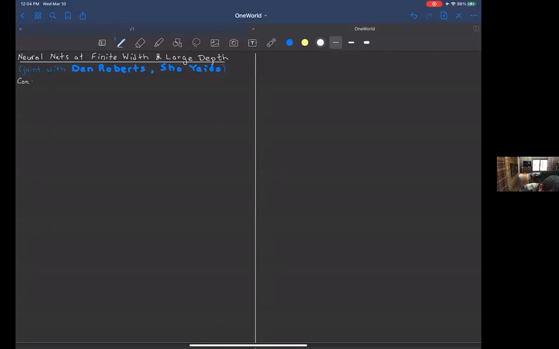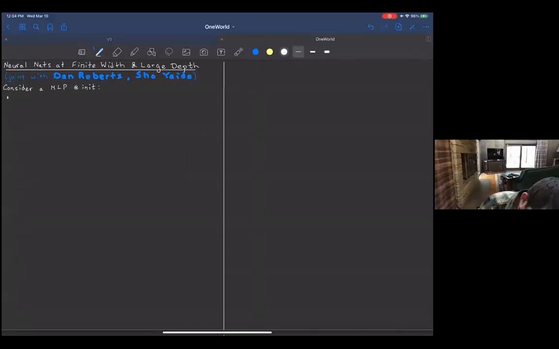For this talk, I'm going to consider basically the simplest kind of neural network, a multi-layer perceptron, at initialization, at the start of training. If you don't know what that is, I'm about to define it. It's not a big deal. I'm going to draw the kinds of pictures people usually draw for neural networks because they are comforting to me. For me, a neural network is a function that starts with an input vector x_alpha, and x_alpha lives in R^{n0}. So n0 is the input dimension. I'm going to have an alternate name for x_alpha. It's also going to be called z^0_alpha, for reasons that will become apparent in a moment.